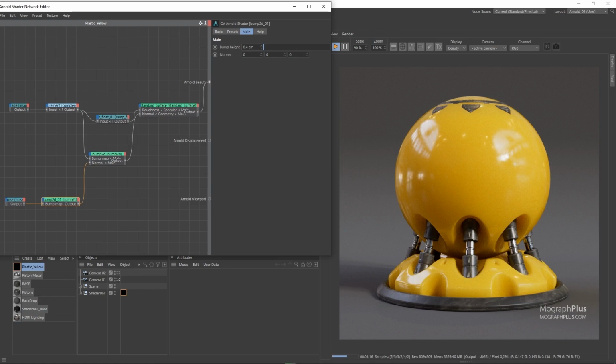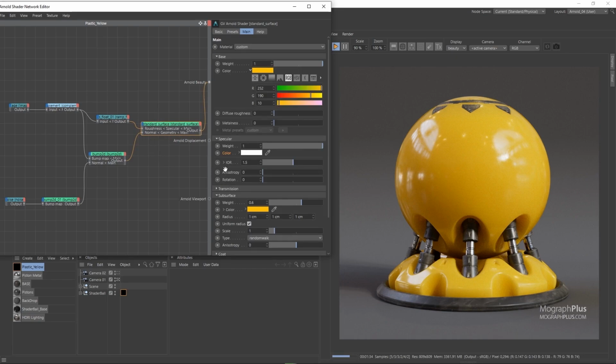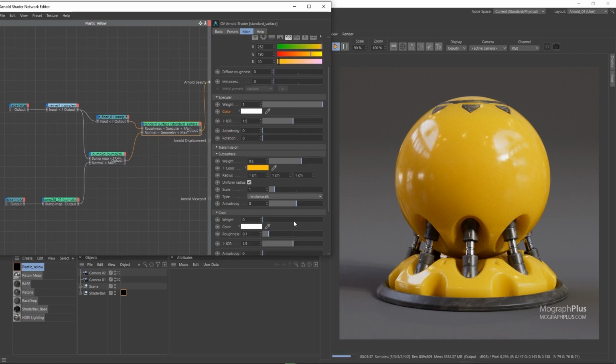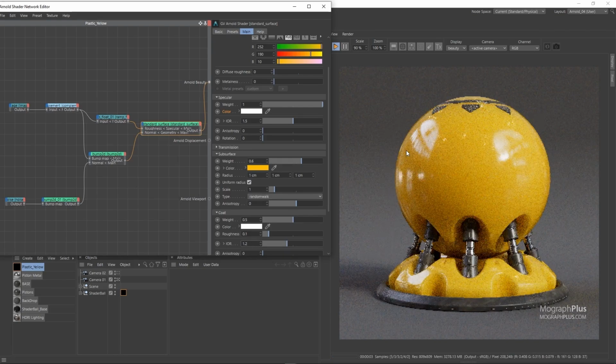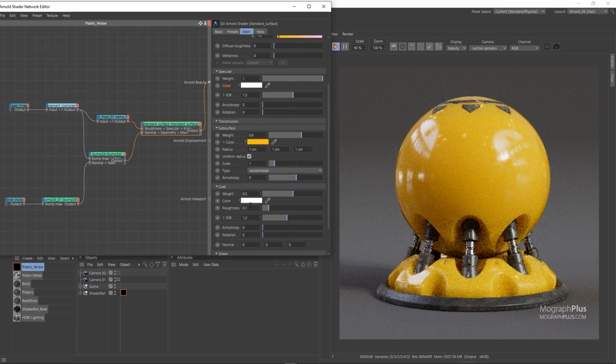One other thing that you can add to your shader to make it more realistic is to make the perpendicular faces a bit sharper compared to the faces parallel to the viewing direction. We can do that simply using the coat section of the shader. We talked about this specific topic in the coating lesson. For now, let's set the coating weight to around 0.5 and coat IOR to around 1.2. So the coat will be limited to only the perpendicular faces, and decrease the roughness to 0.05. And this will add another level of realism to the overall shader. We can go ahead